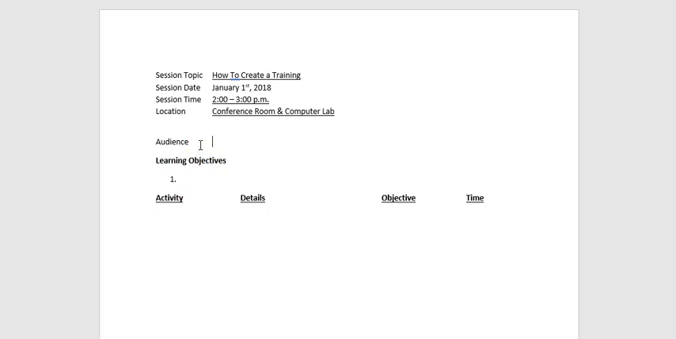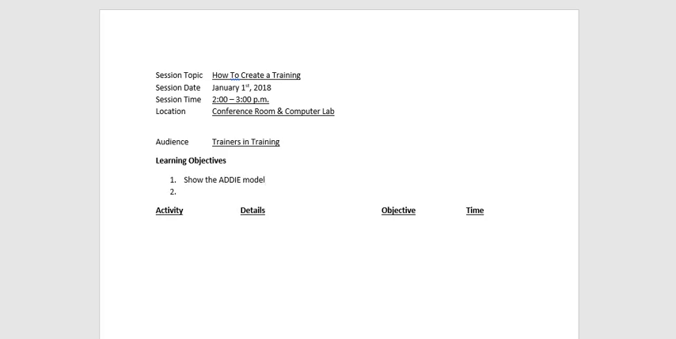Our audience are going to be trainers in training. And we'll set some objectives. Our objectives are going to be, we're going to show the ADDIE model, develop some techniques, and